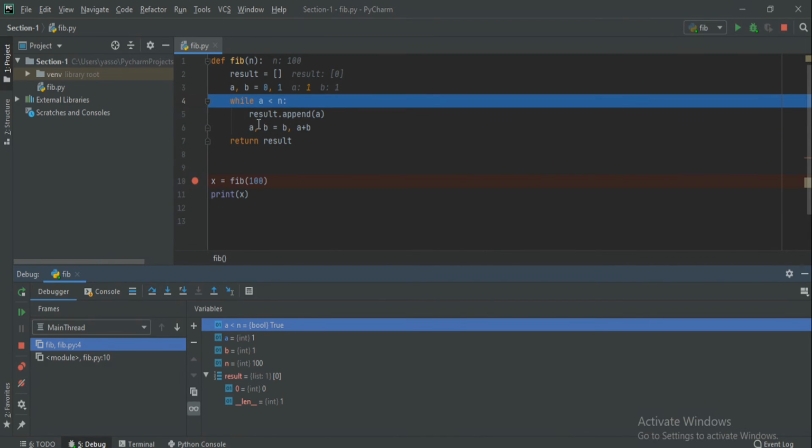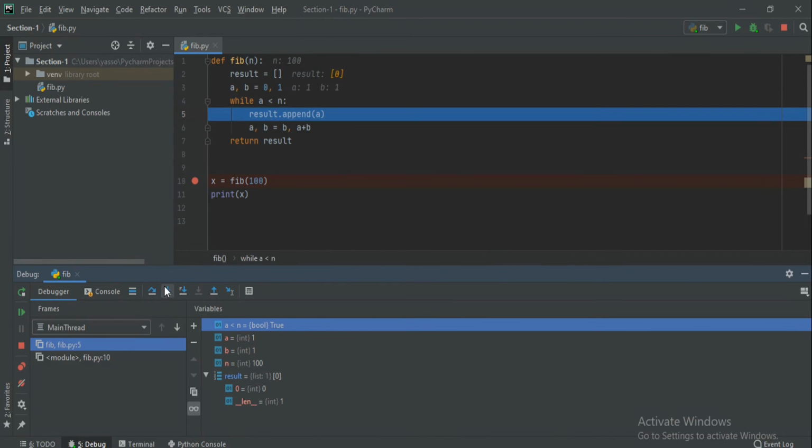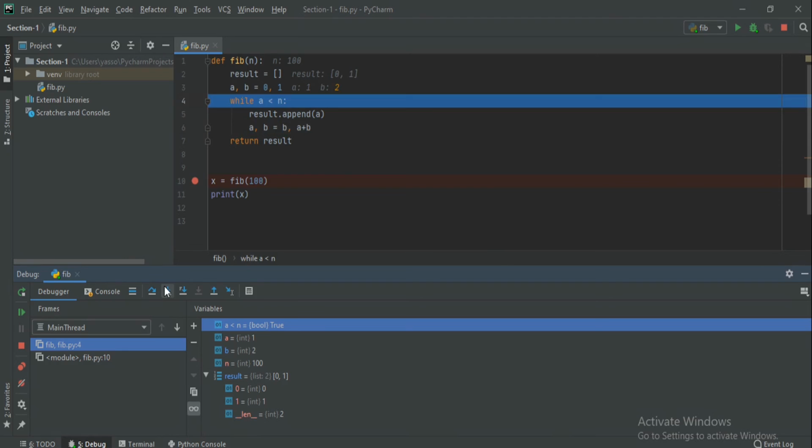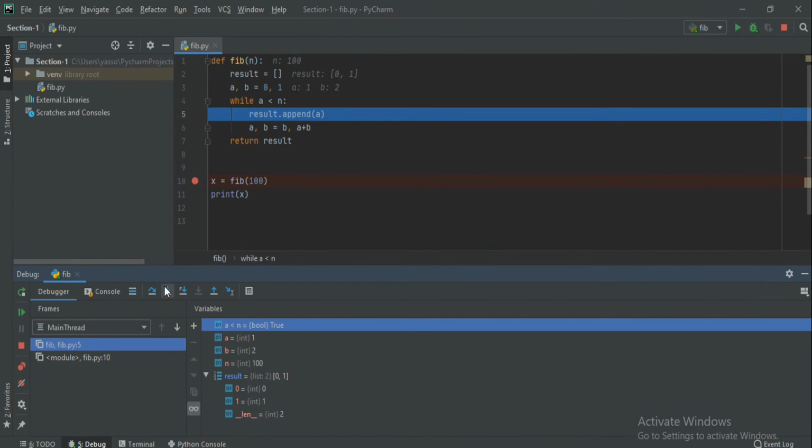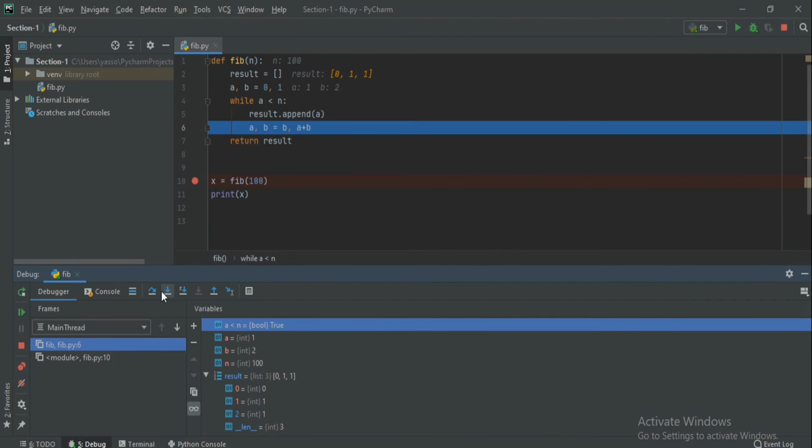The following statement will assign A to B and B to A plus B. Okay, we are inside the loop now. We will execute the next statement, which will append A to the list and then go to the next step, which is A, B will equal B and A plus B, and so on,